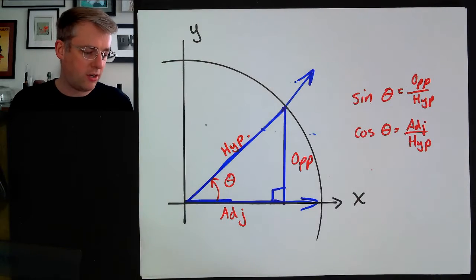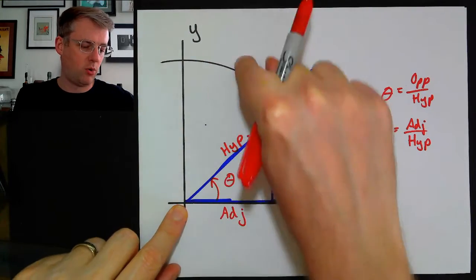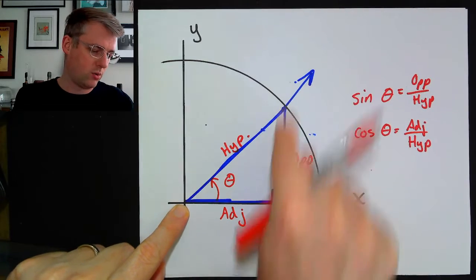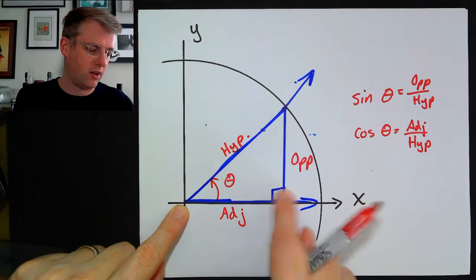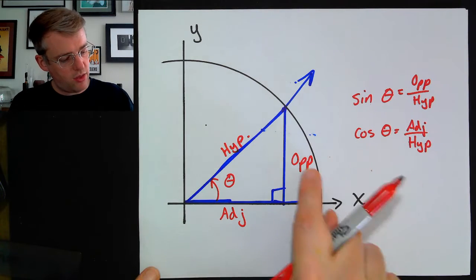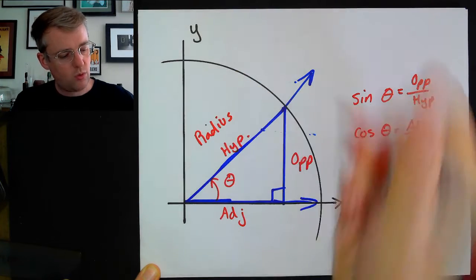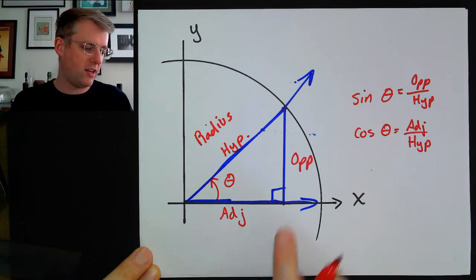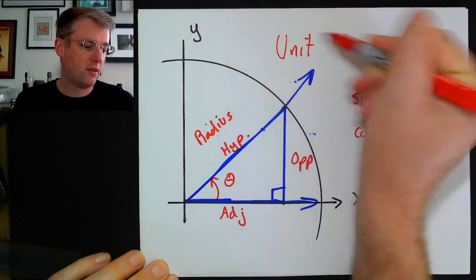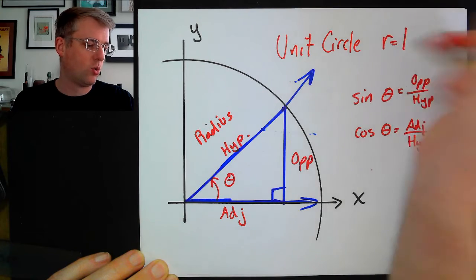But the hypotenuse being the radius of this circle means any triangle we draw to a point on this circle is going to have the same hypotenuse when we draw an altitude straight down to make a right angle with the x-axis. So here we're going to say that the hypotenuse is the same as the radius of our circle, and we call it the unit circle